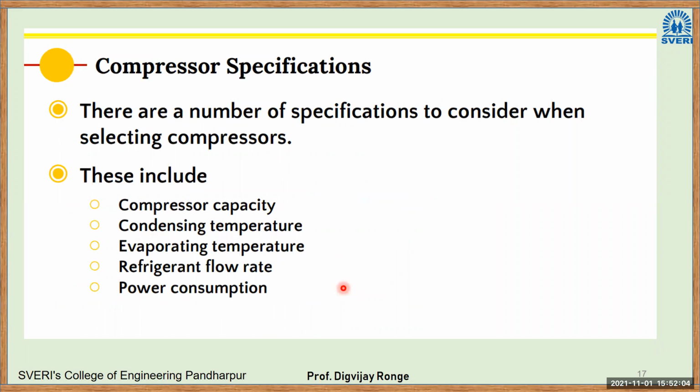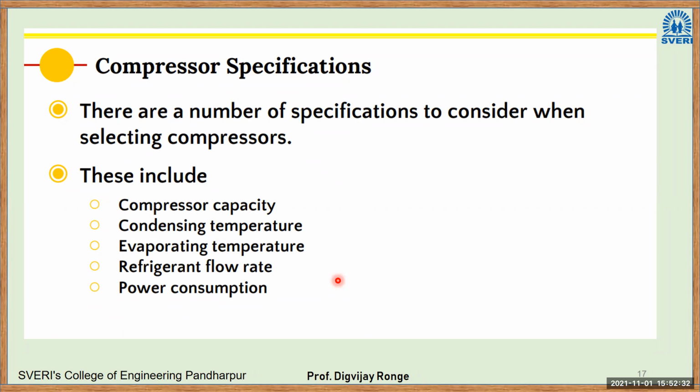Now, how to specify a compressor? This is again a very important point. If you work in the industry as a mechanical engineer, somebody will approach you saying we need this capacity of compressor in kilowatts. So you have designed or you require this much energy in kilowatts for the compressor. But the next task is to select the compressor, right? You have to go to the catalog of various companies. There you have to find the suitable compressor.